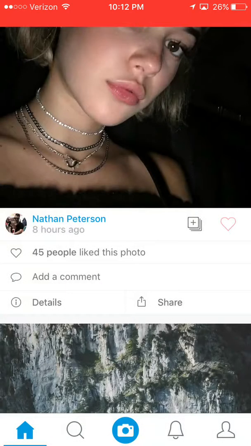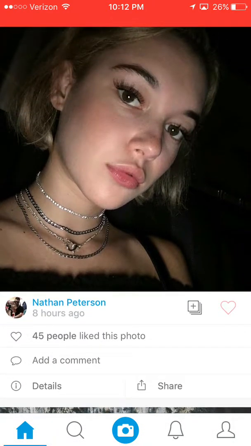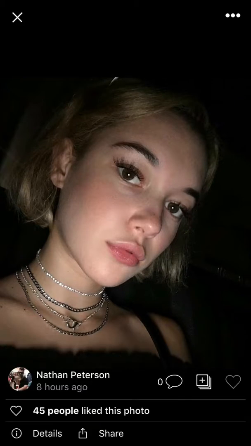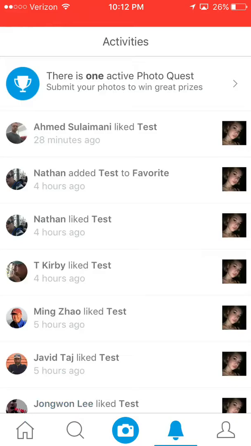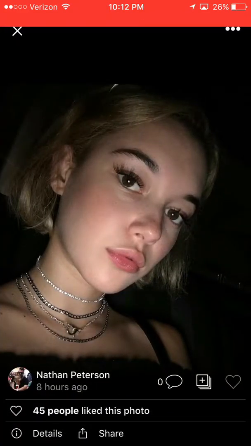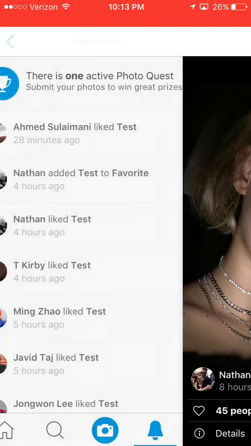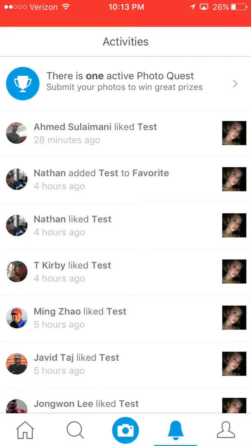Yeah, that's very strange. When I click on my photo in the main feed, if I swipe up or down, it does what you'd expect. The photo goes back to the feed. But if I go to my notifications and go to this same photo, if I swipe up, look what it does, or down, it slides off the right side of my screen. Feels very strange. Obviously it shouldn't do that.